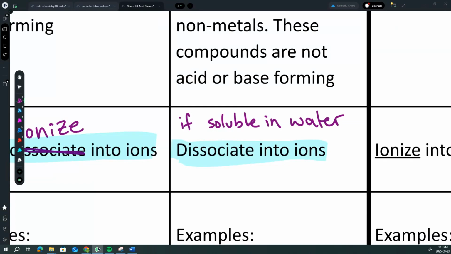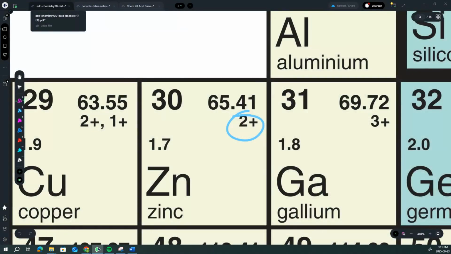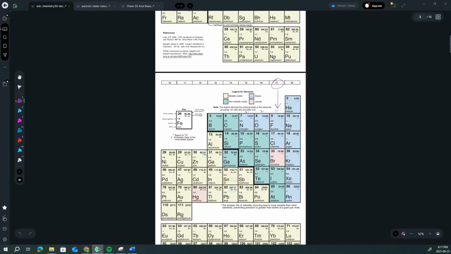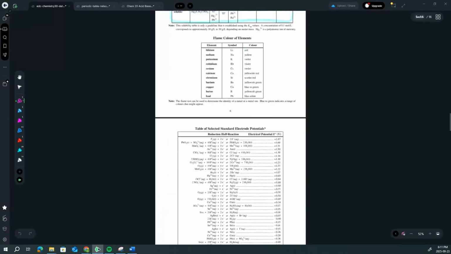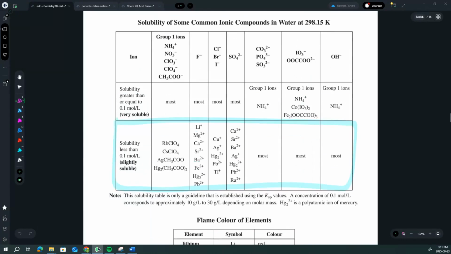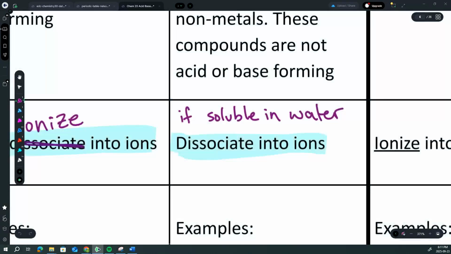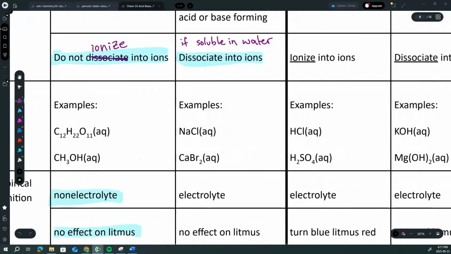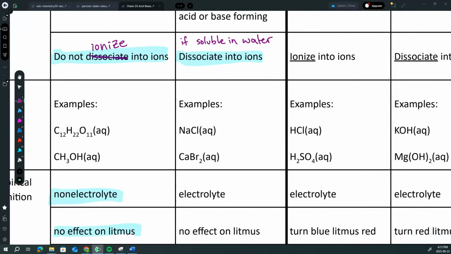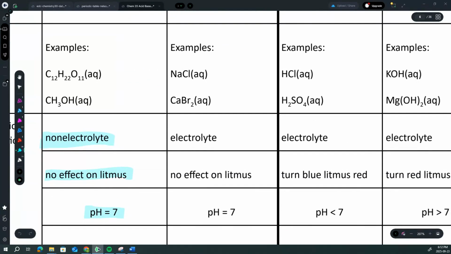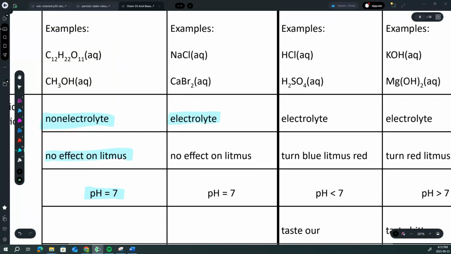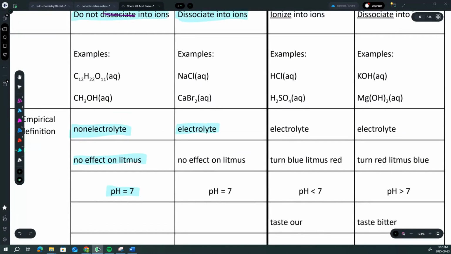How you know if something's soluble in water, if it's an ionic compound, is you need to check your solubility table, which is right here on page 6 of your data booklet. Some examples of neutral ionic compounds would be sodium chloride and calcium bromide. Again, if they are soluble in water, neutral ionic compounds will be electrolytic and